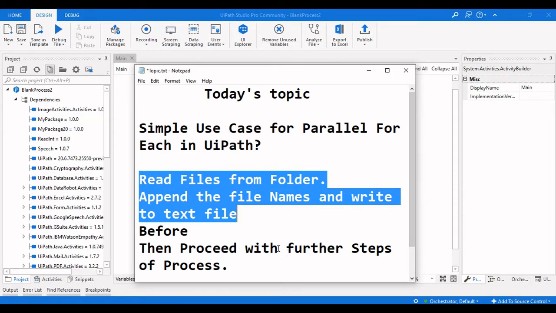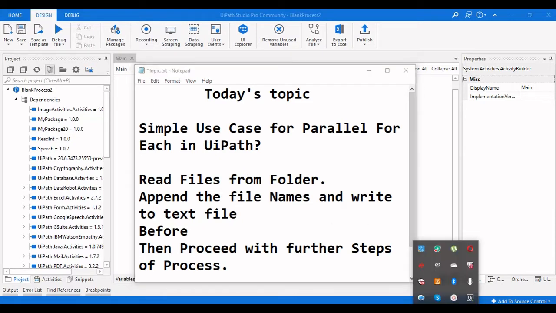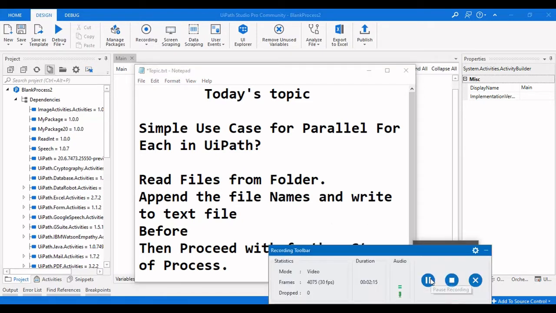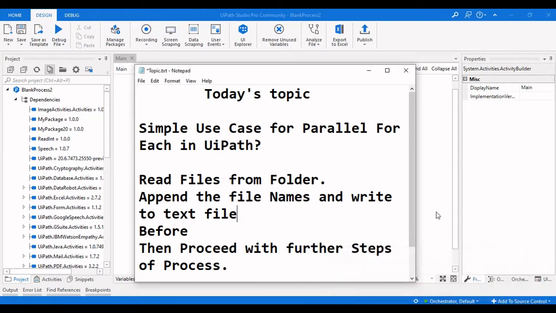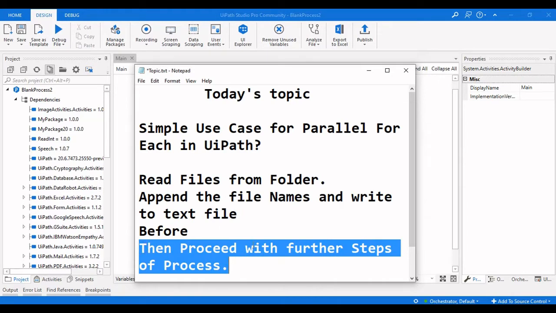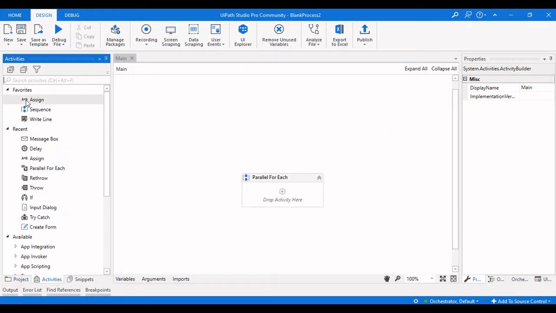Instead of doing that, we can use a single for each. So we are going to use a single parallel for each instead of using two for each activities for this process. So we will see how we can achieve this using a single parallel for each activity. So let me drag an assign activity here